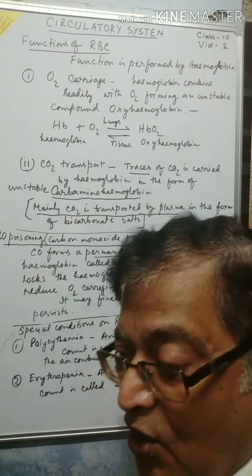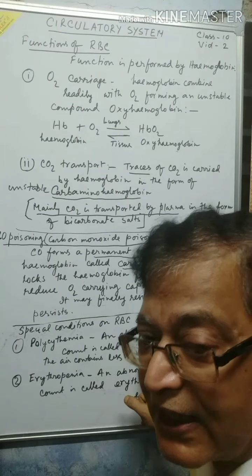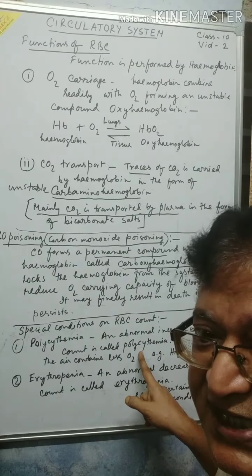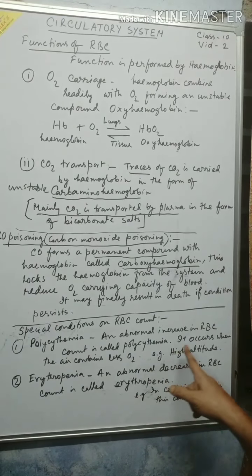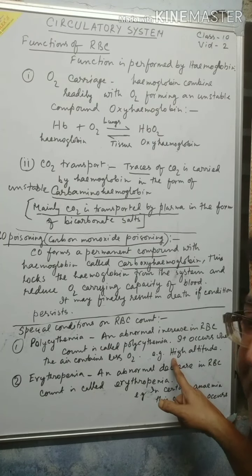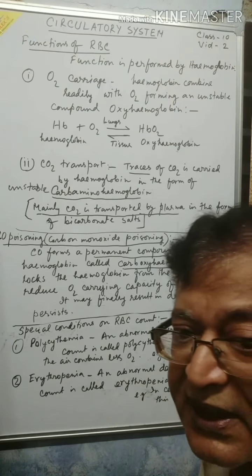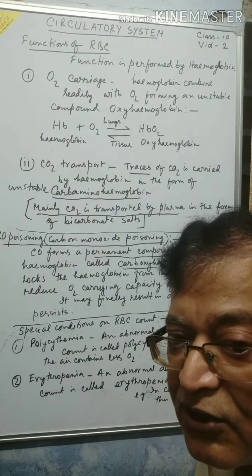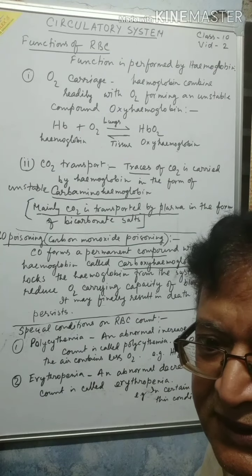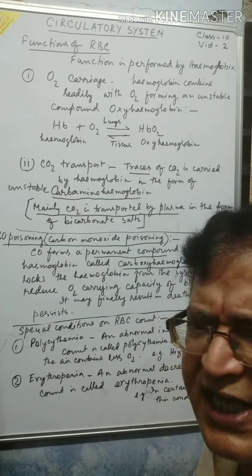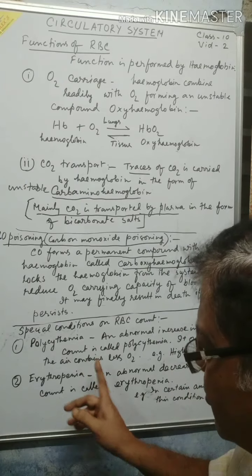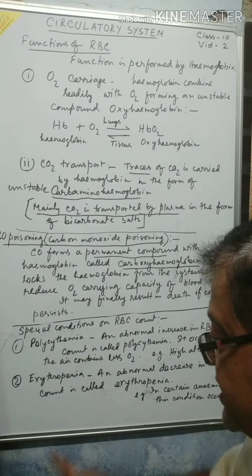This occurs when the oxygen availability of a particular atmosphere or area is very low. Then the number of RBC increases to meet the loss. It occurs when the air contains less oxygen. One example is high altitude. High altitude air becomes lighter, and when air becomes lighter, oxygen content also becomes less. And when that happens for a long time, then polycythemia occurs. It is called high RBC count. The opposite case is also found, that is called erythropenia.